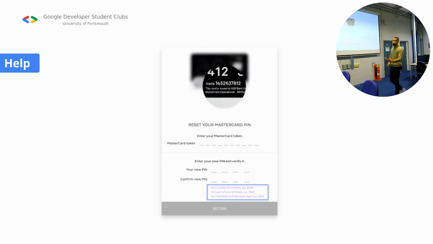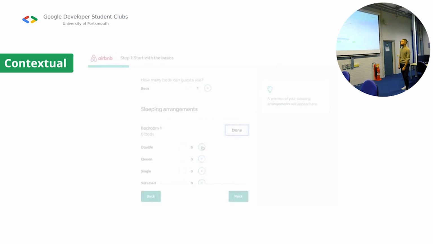And if you want to go to the next level way of showing or providing help to your users, you can do contextual help. Airbnb has perhaps the best way of showing help to their users, which is showing them the information that they need when they need it. So as you can see,